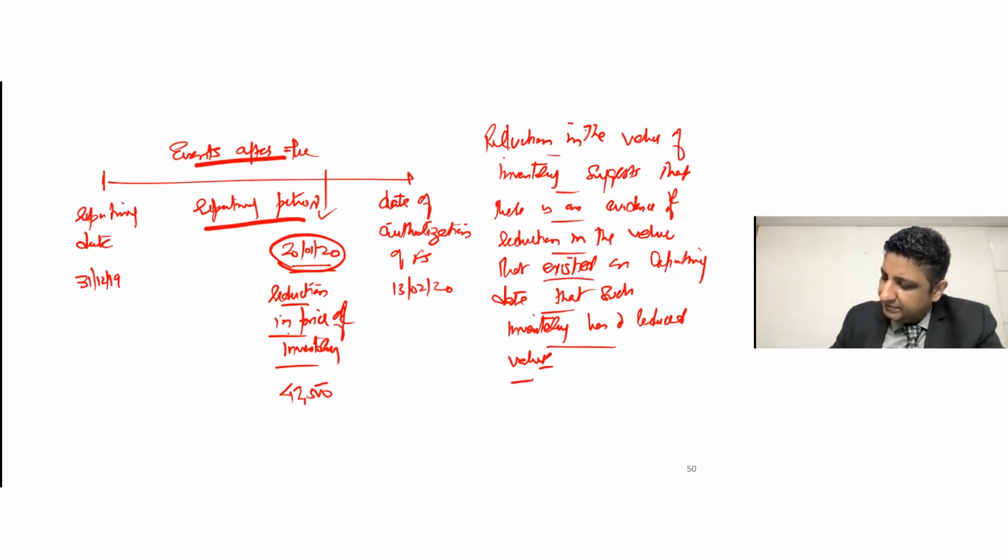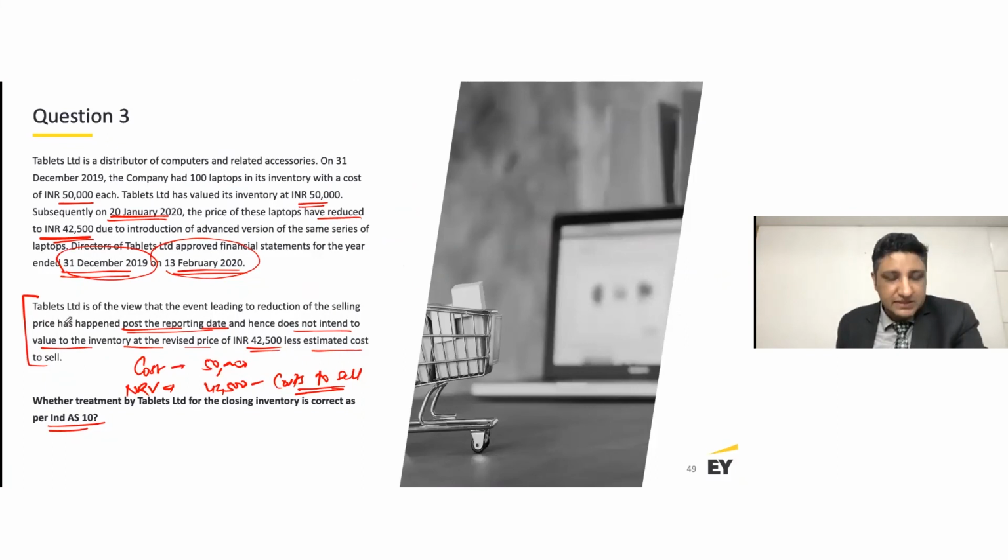So this is a clearly mentioned example or instance under Ind AS 10. In simple terms, we are trying to say that this reduction becomes a part of an adjusting event because the circumstances exist on the reporting date that the inventory may have a reduced price. We talk about something which is near to or closer to the reporting date, where of course any reduction in price is expected to be also lying as on the reporting date, which simply means that the company,